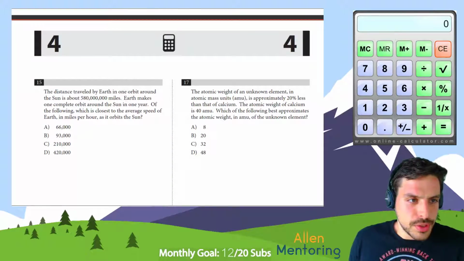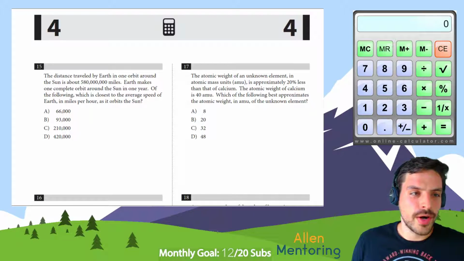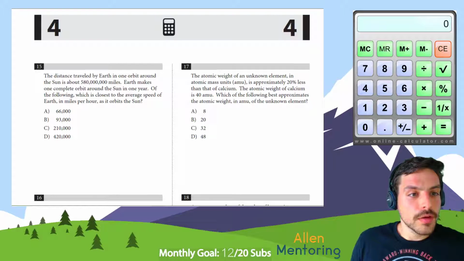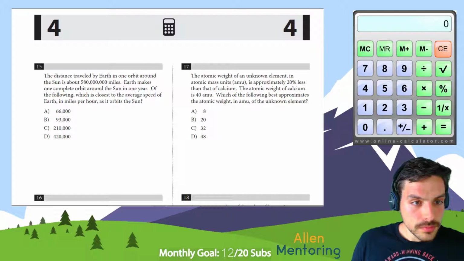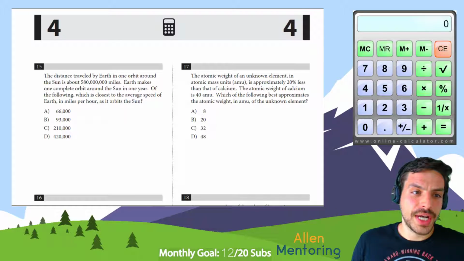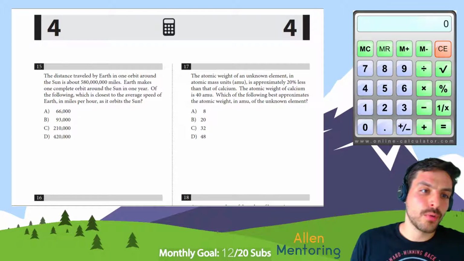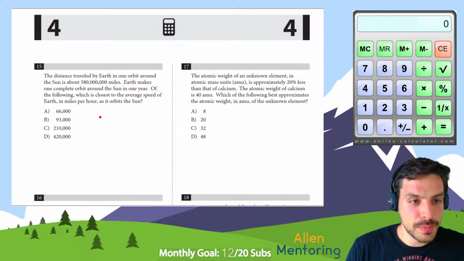We're going to run down to question 15. The distance traveled by Earth in one orbit around the Sun is about 580 million miles. Earth makes one complete orbit around the Sun in 1 year. Of the following, which is the closest to the average speed of Earth in miles per hour as it orbits the Sun? So we know that it does 580 million miles per year. Our job is to find out how many hours there are in a year, and then we'll just divide, right? Because miles per hour